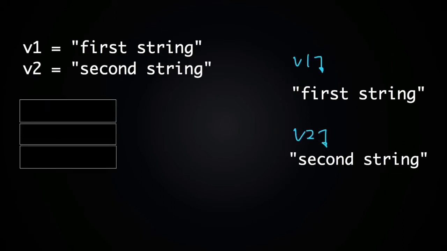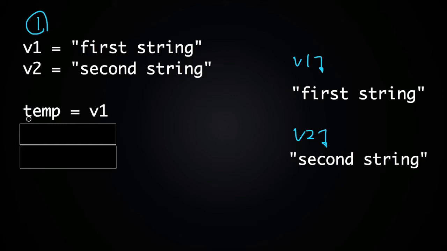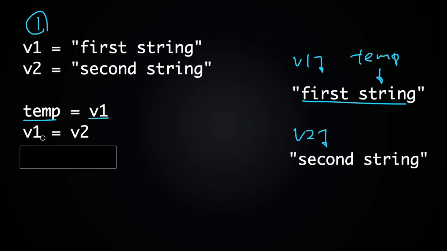Okay, here's a solution that only uses one temporary variable instead of two. The first thing we're going to do is set a new temporary variable called temp to what v1 refers to. So temp will be this string right here, and after that we'll set v1 to v2. So v1 will no longer refer to first string, and then it will refer to second string instead. And at this point, note that the first string, this string, is not lost yet because we have a variable